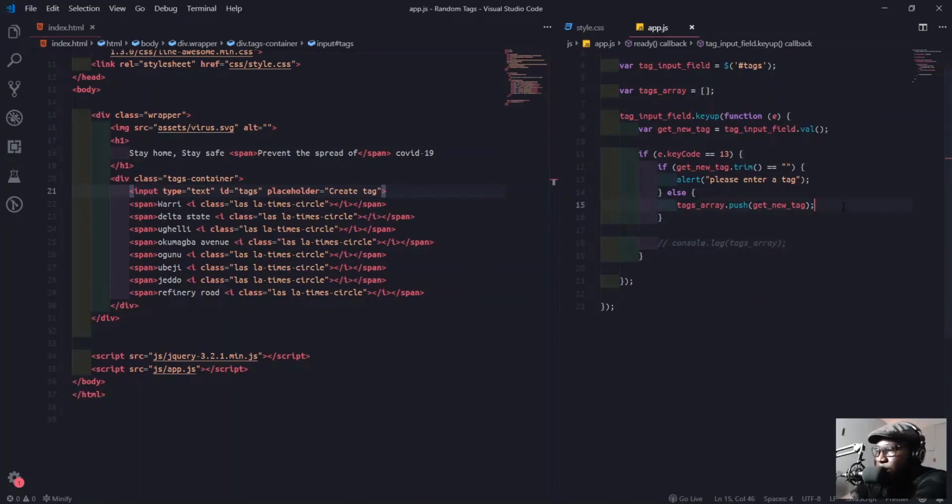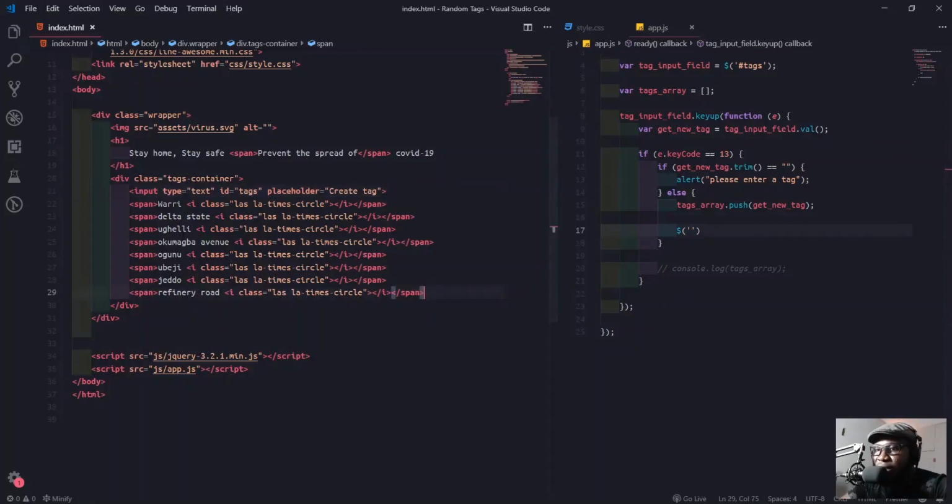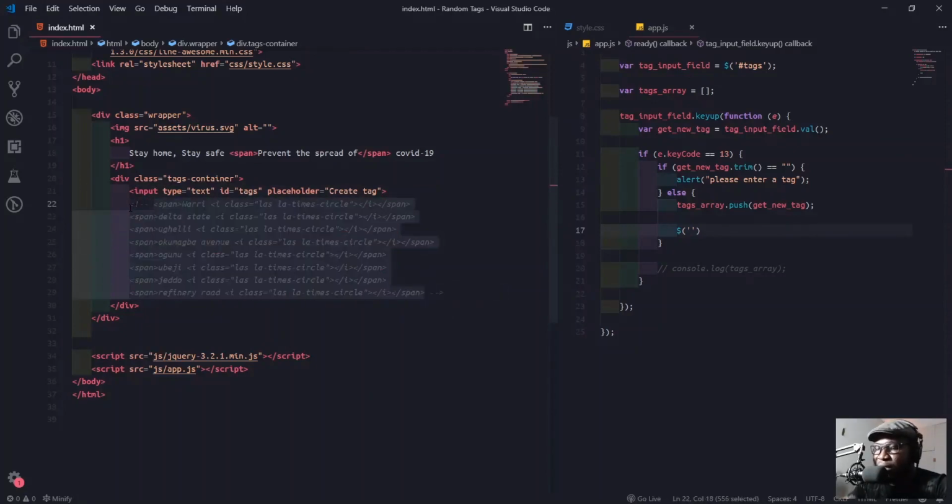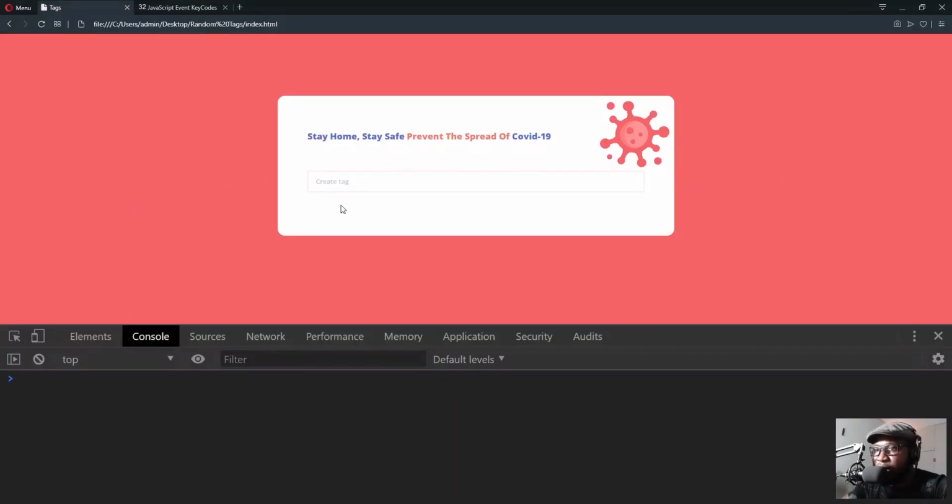Inside the same else block here, I'll come here and say $, we'll target this tag container, then we need to append them at the end of all the ones that are there. So after the ones that show now, we append them here. Let me know if we clear these ones first, or still leave them. I clear them first. Go back to my browser, say empty now. So any string I type here will just appear underneath the input tag now.